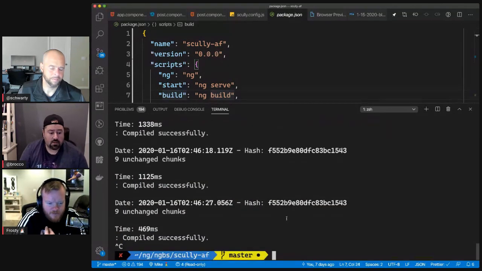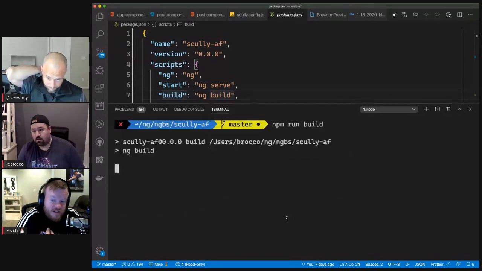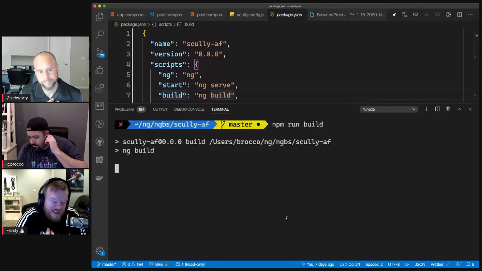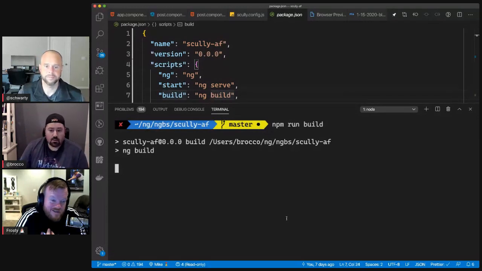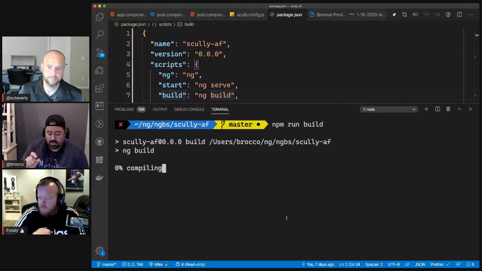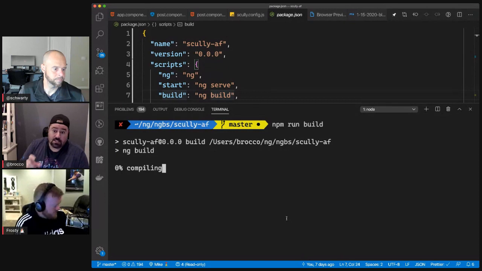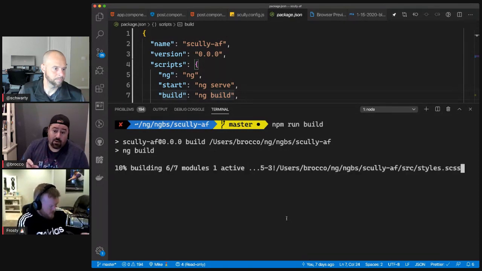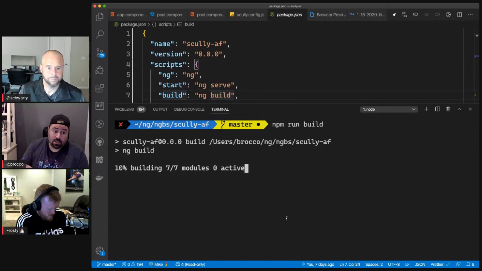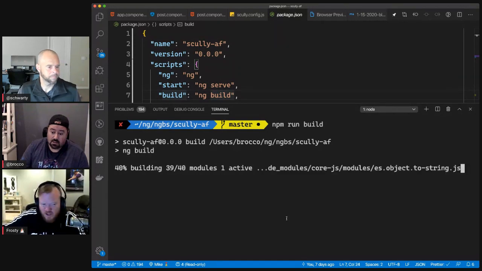Histaro asked if Scully handles markdown out of the box, and the answer is yes. All you have to do is add that config to your Scully config. Well, to be clear, let me get through everything I'm about to say and then tell me if I'm right or wrong. Out of the box, Scully does not handle markdown. However, Scully does ship with a plugin that does the content folder, which is what does the markdown processing. Is that correct? It's largely true. It's only slightly not true because